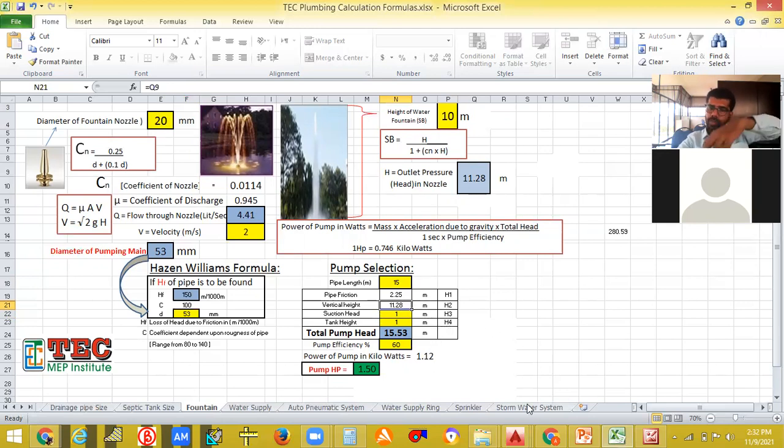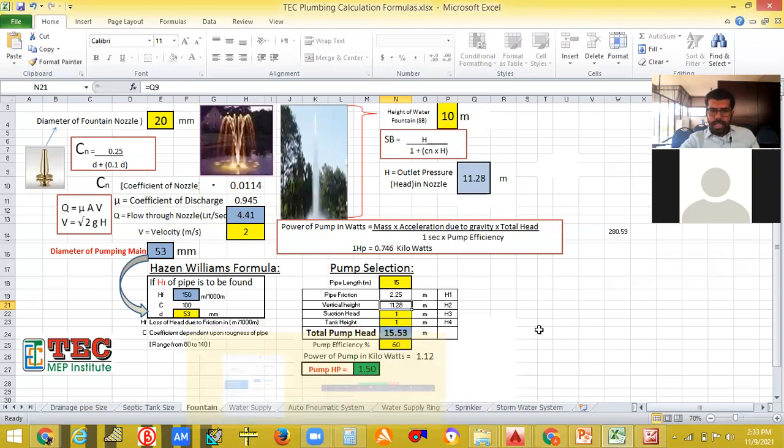Now the suction head. That is, from where you are trying to suck the water. Last day we have seen 2-3 types of fountains and how the water is sucked by using different pumps, and you have all seen that we have different tanks for that. We have a basin. Depending upon that you can measure the head or the length. So here I am taking 1 meter as the suction head, from the source of the water. From the pump, I am trying to get the water from the tank. So you can give the suction head as 1 meter or 2 meters depending upon the size of your tank.